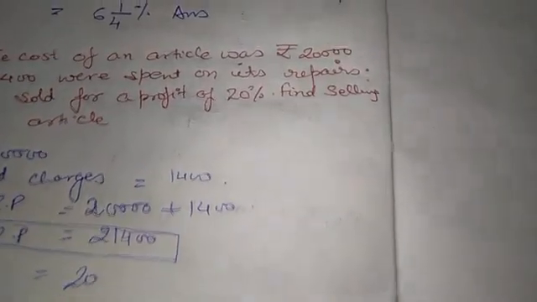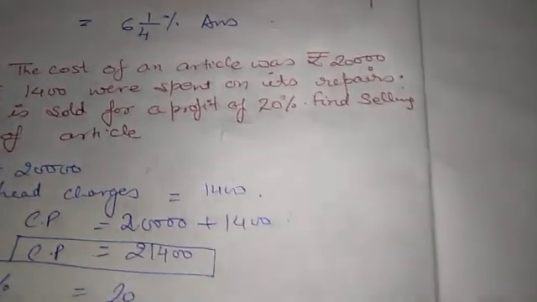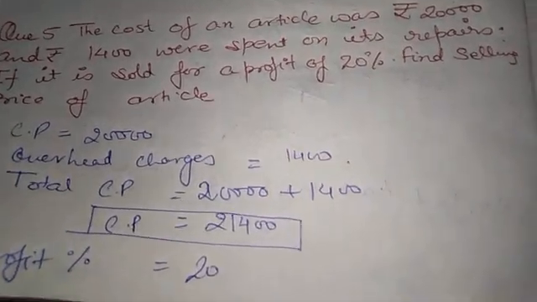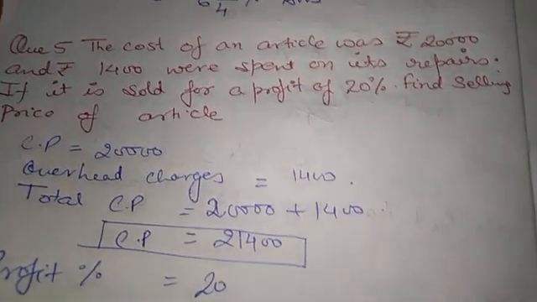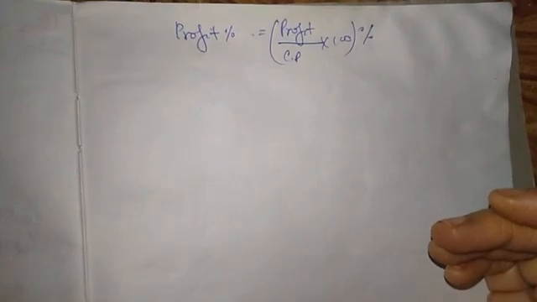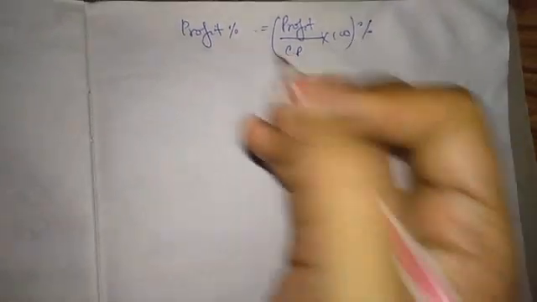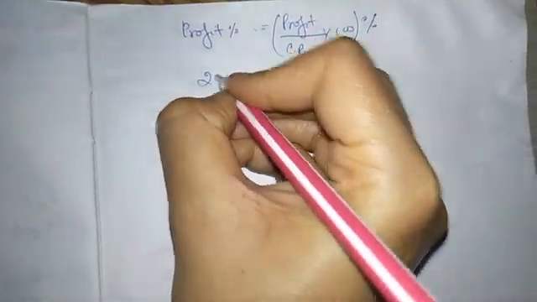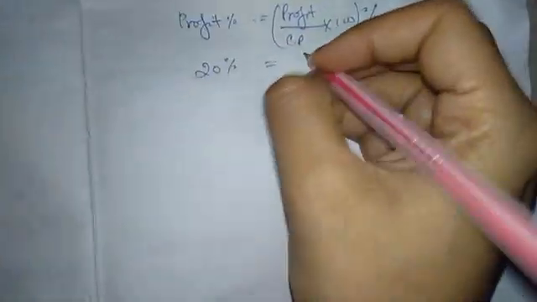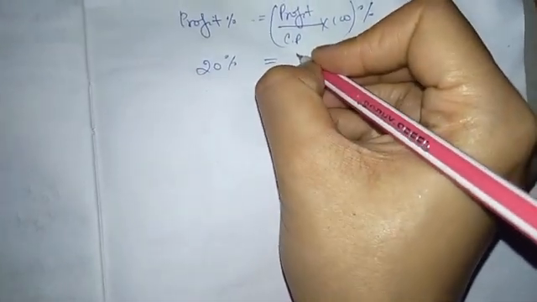In this chapter, we need not do anything special, we only put the values in the given formula and try to find out the other quantity. Easy. What will be the formula of profit percent? This is the formula for profit percent, and now putting the values. The profit percent was 20%. Profit,